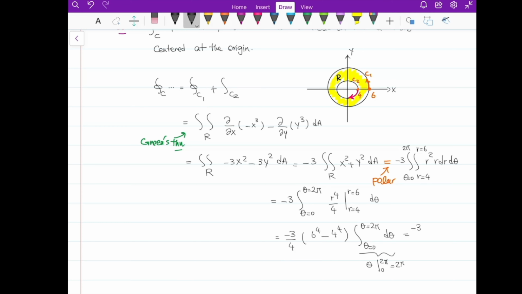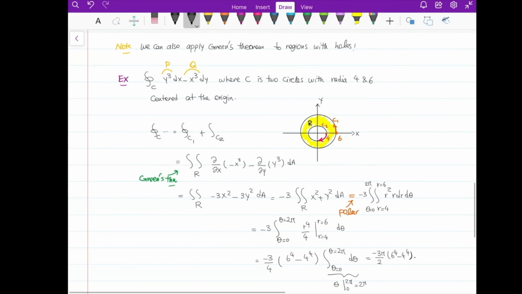So this is negative 3 times 2 pi, which is negative 6 pi over 4. Simplify that, it would be negative 3 over 2 times pi, and then 6 to the power of 4 minus 4 to the power of 4. That's how we use Greens theorem when we have a hole. On the next video, we're gonna see applications of